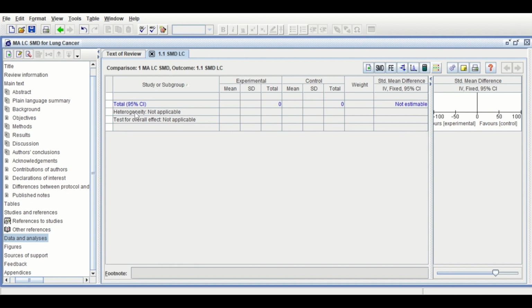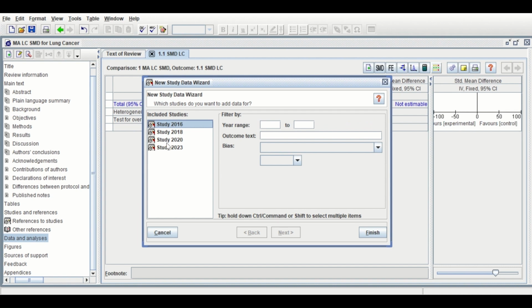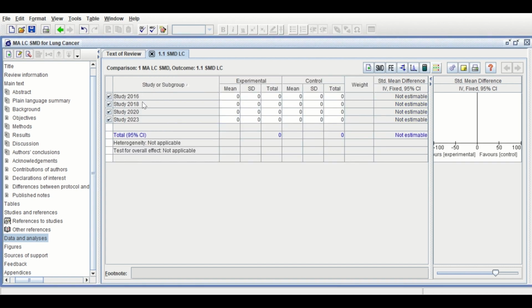To start adding the studies, click on this icon here, select all the 4 studies, and then click on finish. The studies are added here from 2016 to 23, and there are areas to fill for the values for the three parameters: mean, standard deviation, and then the sample size. To fill these values for each study, first of all select the study, then click on the